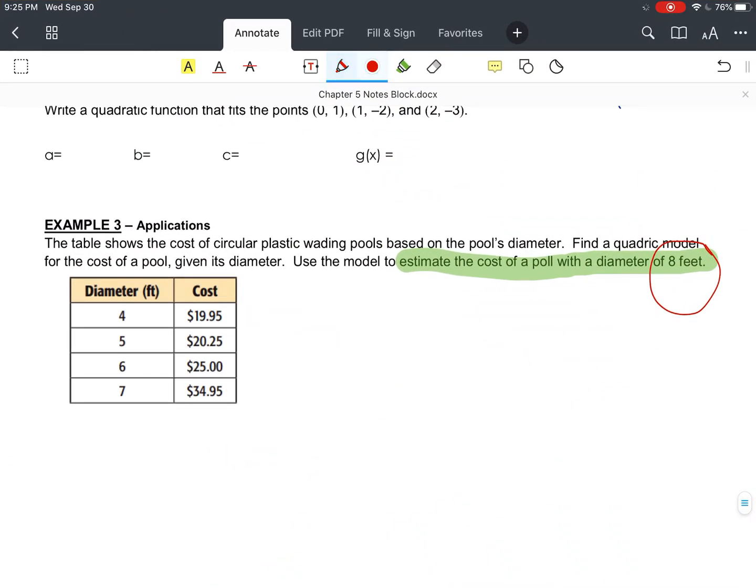So that's it for lesson 5.8 in Algebra 2, Quadratic Regression. Hopefully you have some sort of TI calculator, because it's quite easy to do, and you should know how to do it when we do quadratic regressions, because we're going to be doing it again in Chapter 6 for different other